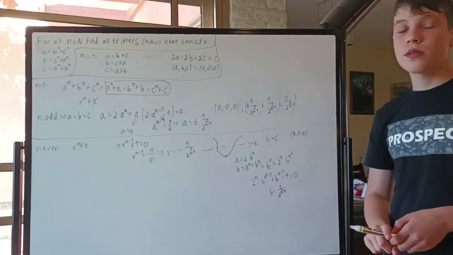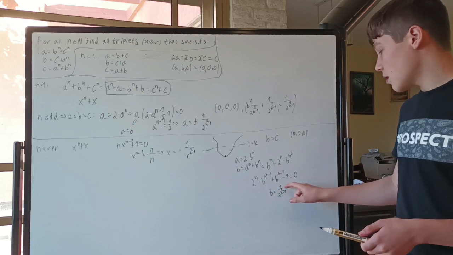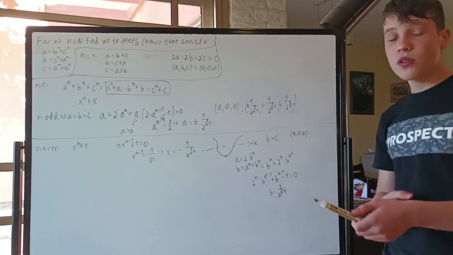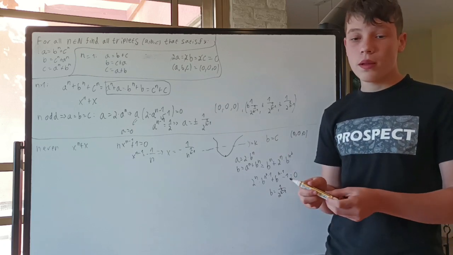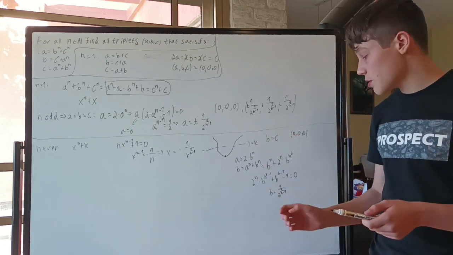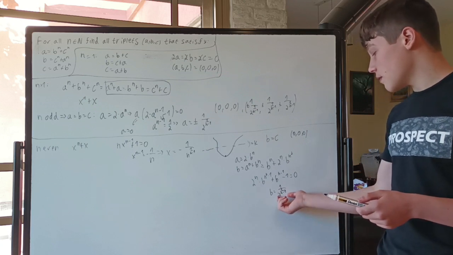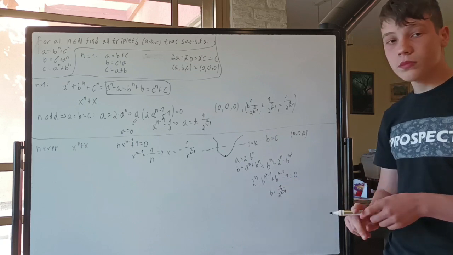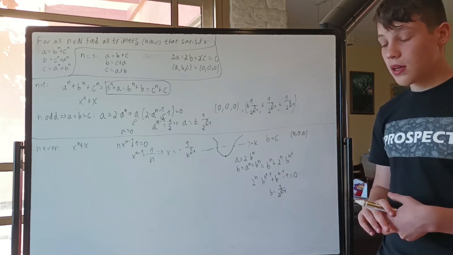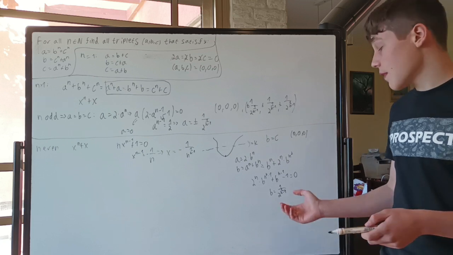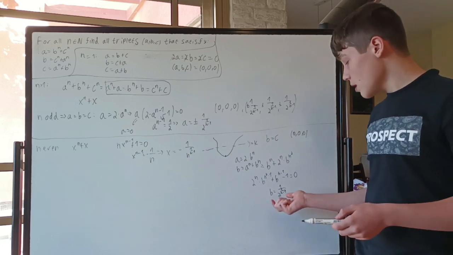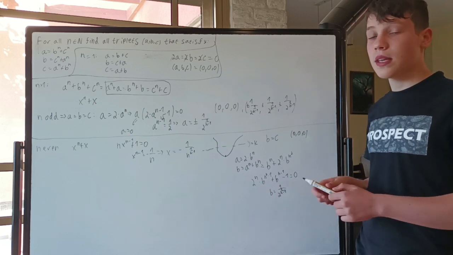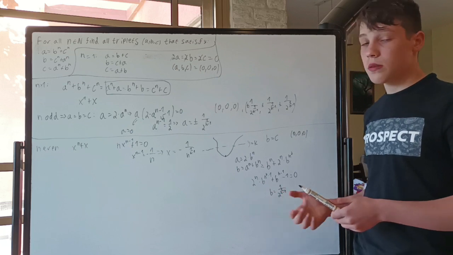2 to the n divided by 2 to the n plus 1 is 1 half. This will just be 1 half. 1 half plus 1 half is 1. Minus 1 is 0. If you don't immediately see it, I encourage you to take out a piece of paper and just make sure to yourself that it's clear why this specific value does give 0 when you plug it in here. But now that we found a value that gives this function 0, we know it's the only value that makes this function equal 0,